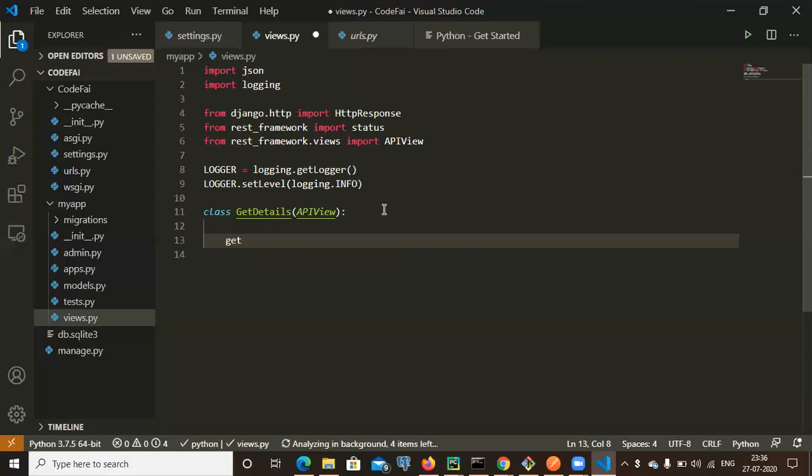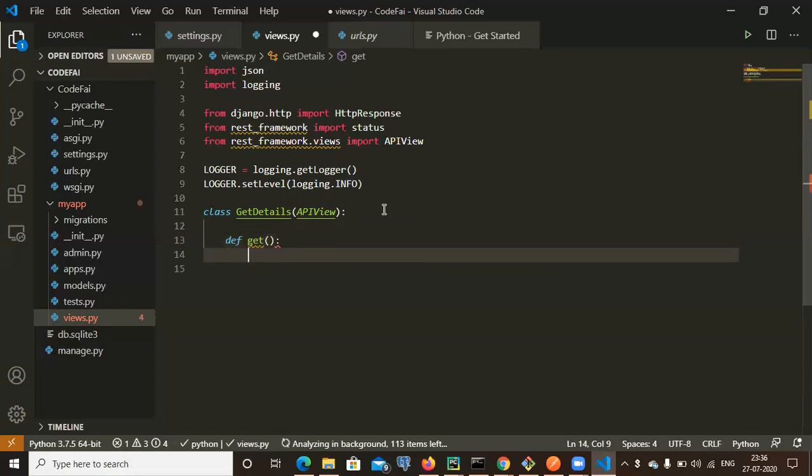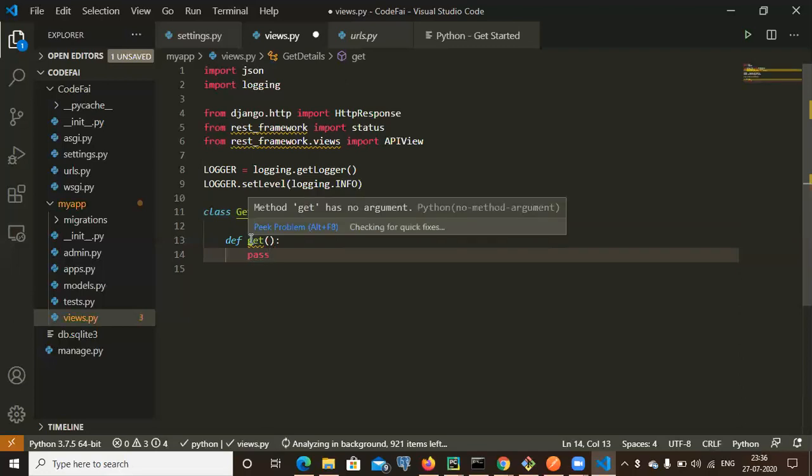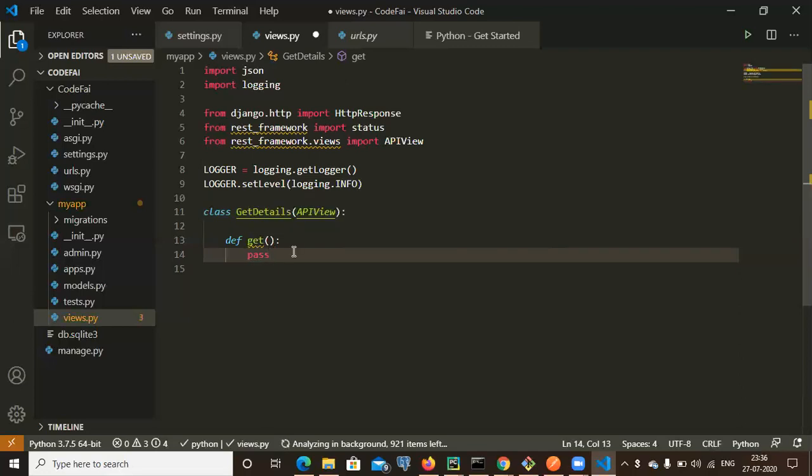This is the GET API I want to call. As of now, I'm going to give pass. So this class will be called for the GET API.